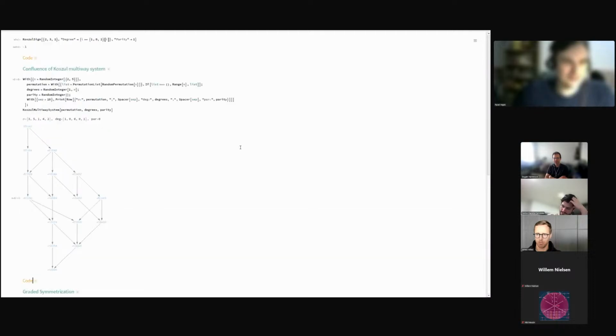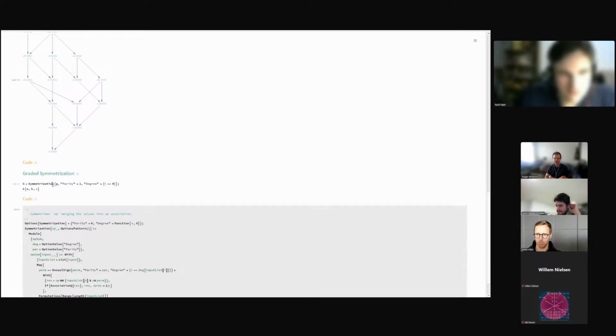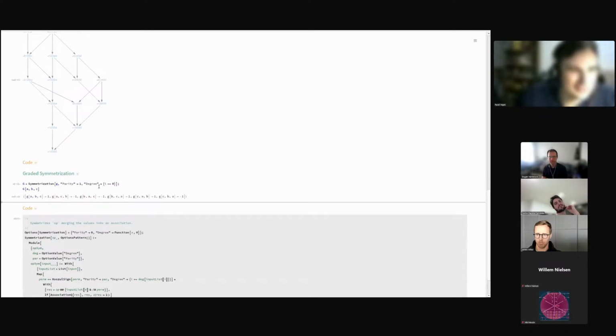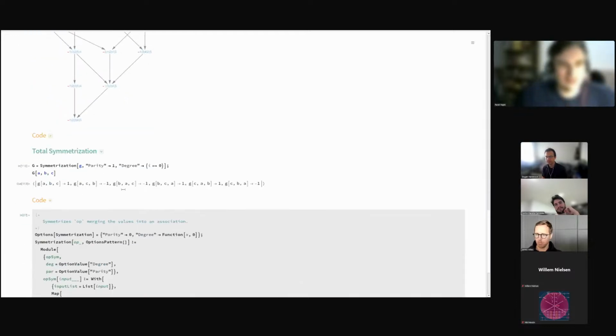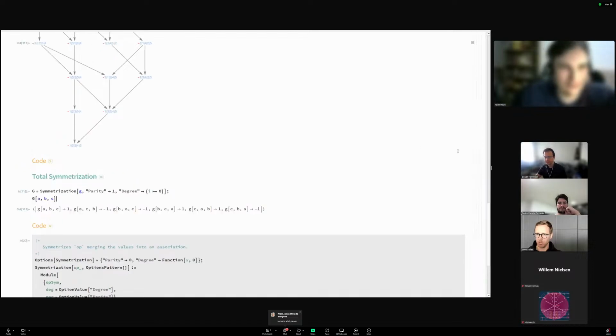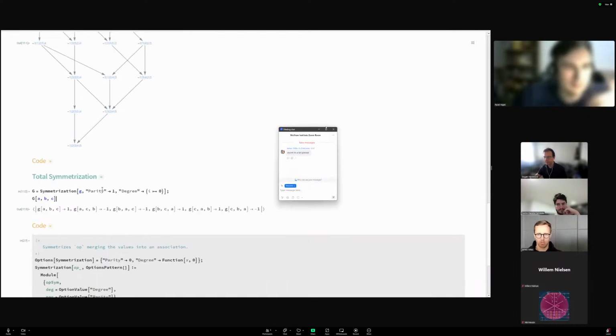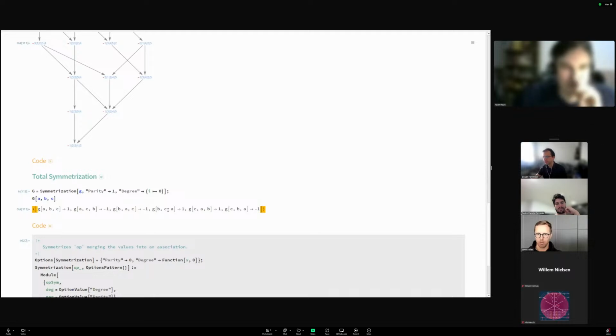Good. And the last thing we will need, when we have the causal sign, is graded symmetrization. So again, we are taking this total symmetrization, and you are taking a function small g, and you want the function g to be basically as I was defining on the previous slide, the sum over all permutations with the causal sign. So it's going to be a vector of small g applied to all permutations with the corresponding sign.